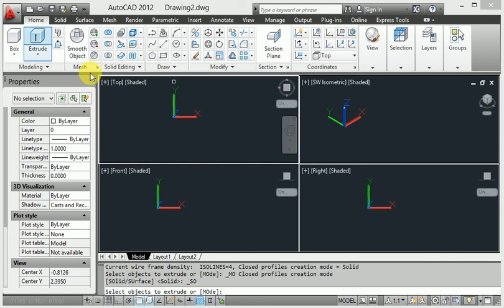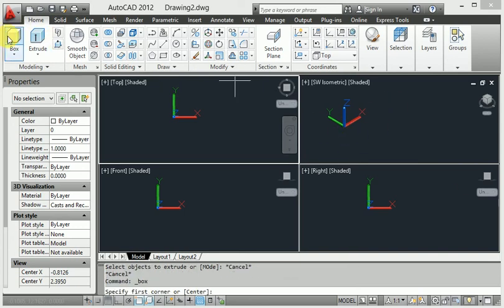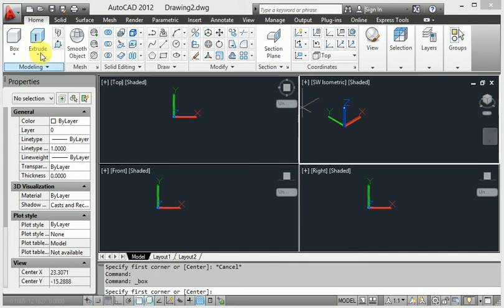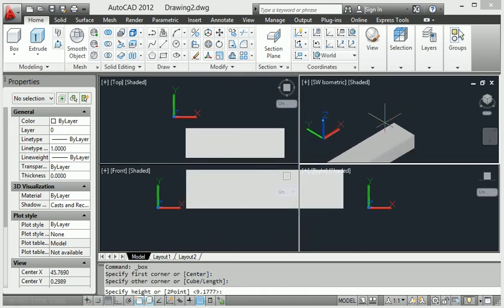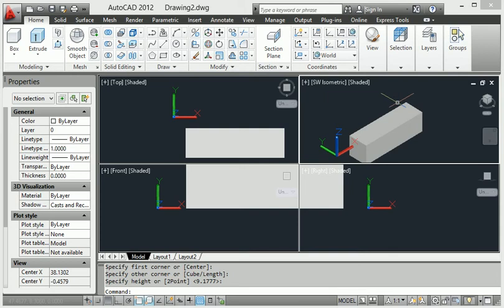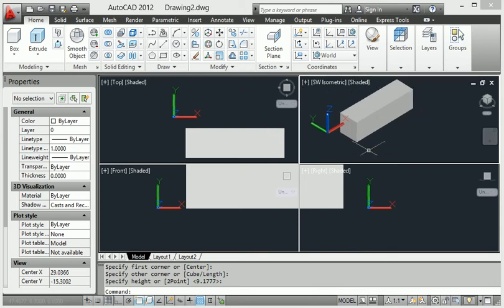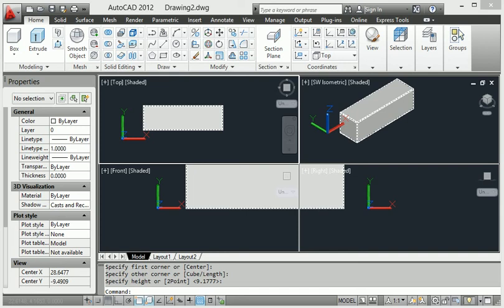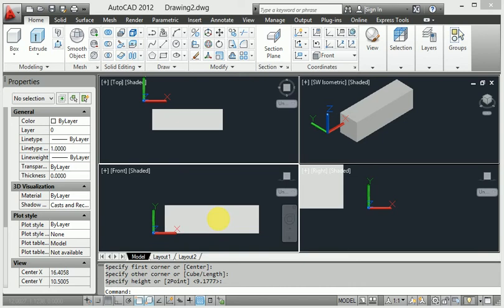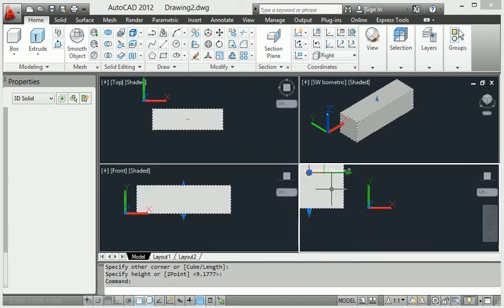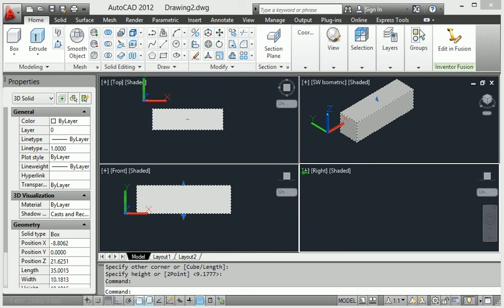So this one is the working area. I am working here. Start from a box. This one I extrude to a particular distance, so it is like that. So this one is the front top view projection. This one is the right view, front view projection. This one is the right view projection. So it is used for multiple users.